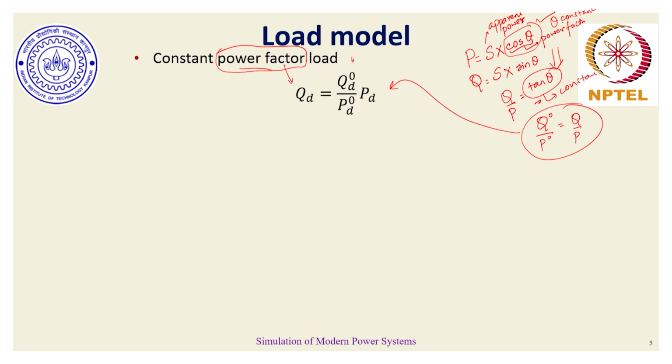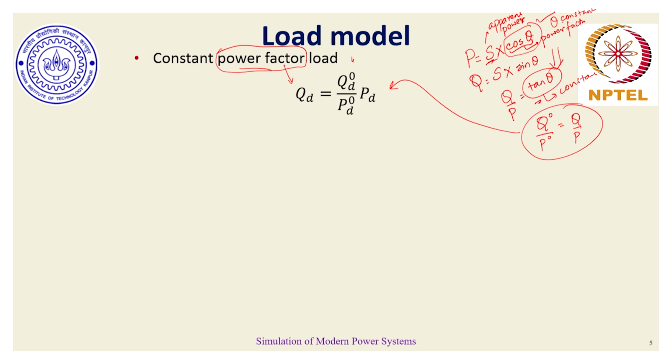Although the question is pretty evident here: why do we call it the constant power factor load? We can also say it to be the constant tan theta load. Yes, it is just a way of terminological representation while trying to have minimum representation in terms of P and Q. If we have to solely represent constant power factor load, then probably we will also have to think of this apparent power S, which needs to be modeled accordingly.